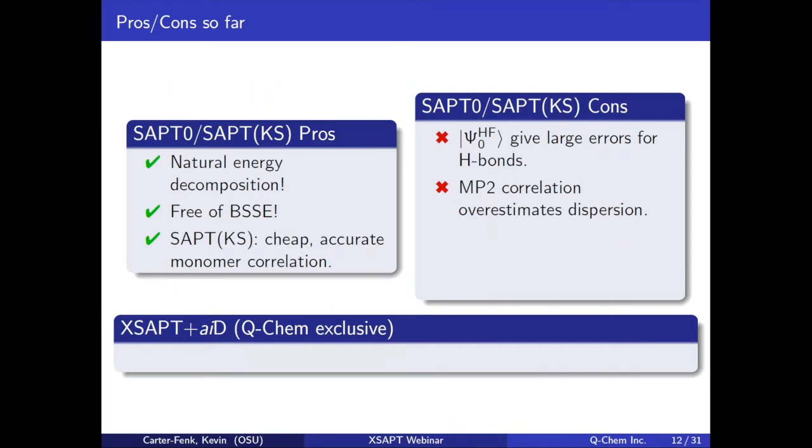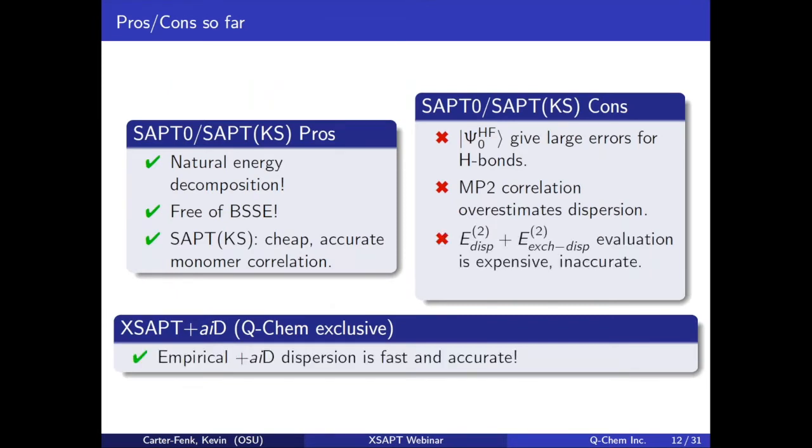So we have our SAPT plus AID box here. So this XSAPT plus AID is a Q-Chem exclusive feature, and we can get fast and accurate